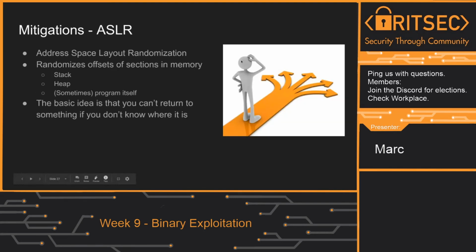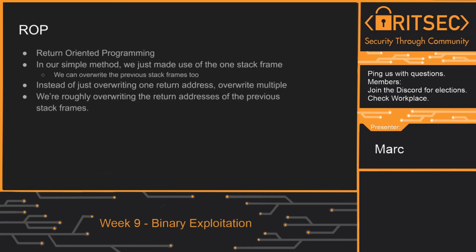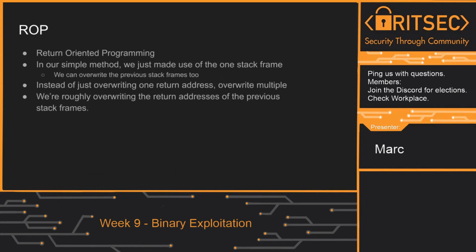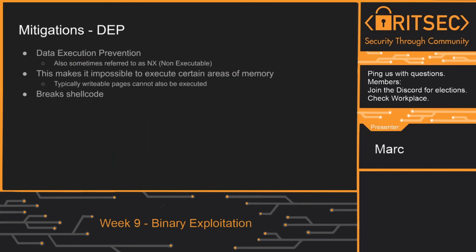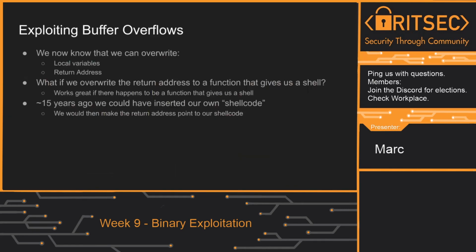So these three mitigations are problematic. ROP breaks two of them completely, and ASLR somewhat. ROP helps with ASLR. ASLR is still a problem when you're doing return-oriented programming, but in some ways it becomes less of a problem. However, it does completely destroy DEP and stack canaries, because return-oriented programming, you can think of it as the program playing "Why are you hitting yourself?" What really happens here is you're overwriting the stack with